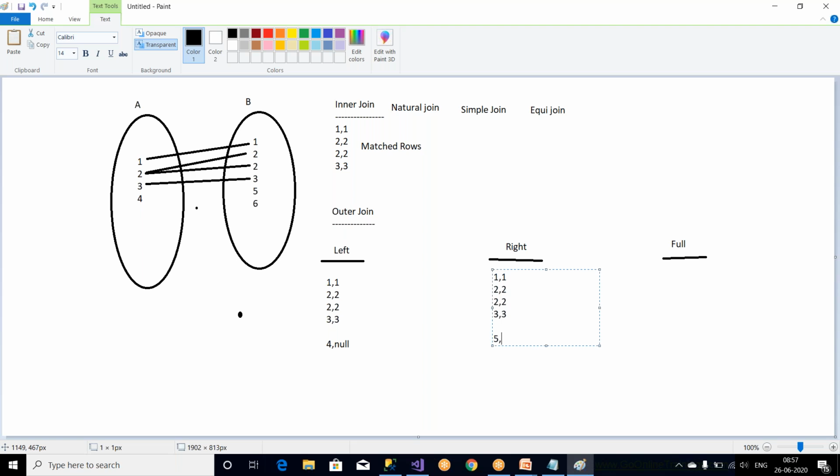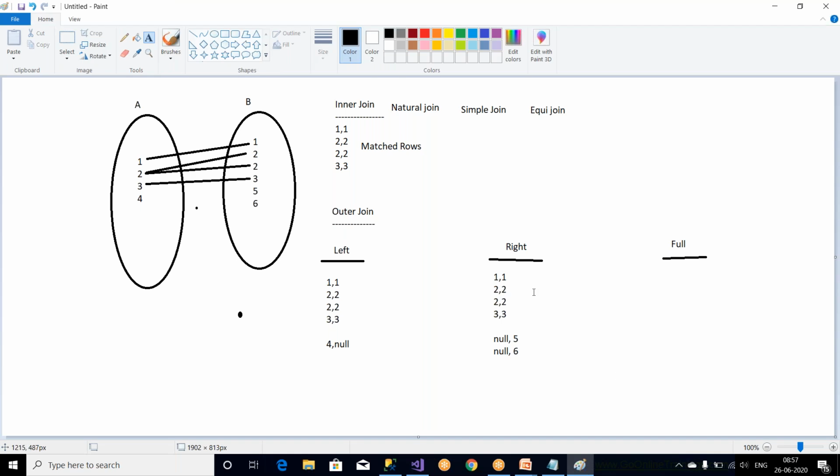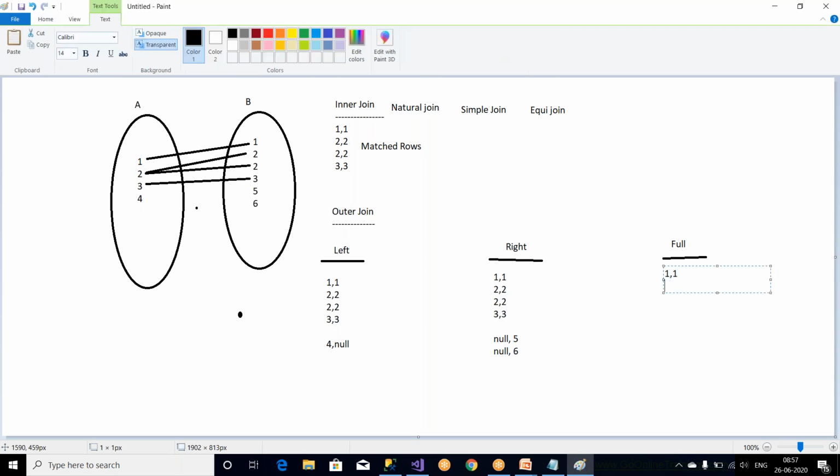You have 5 and 6, and on the other side you don't have a matching entry, so you get null and null like this. So matched data plus unmatched data from the right data set. When you go in for full, it is inner join